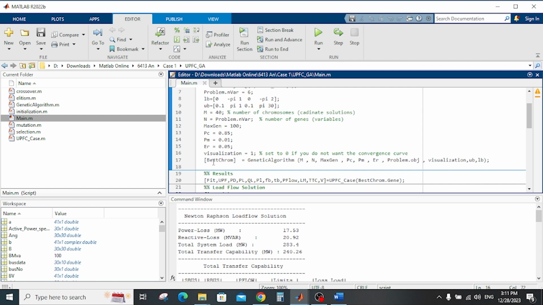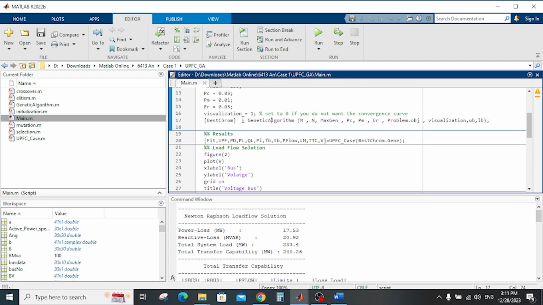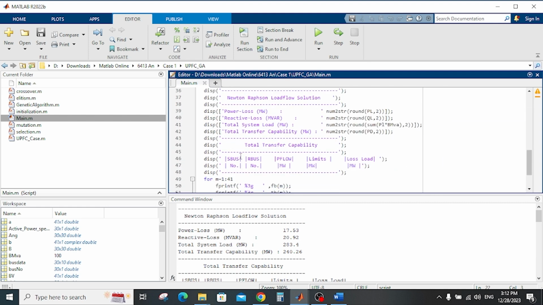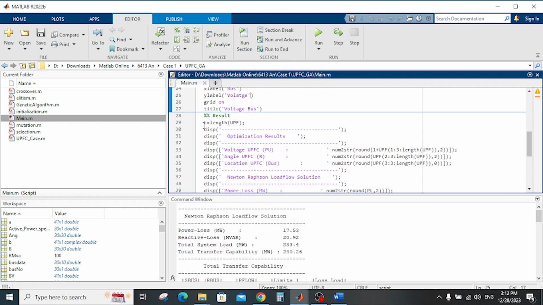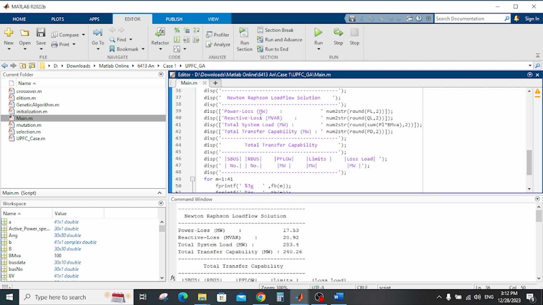After that, we start with the genetic algorithm, and then we get the best optimization variable values, and we apply them on the objective function, and we get some results that we print. After that we get the voltage at each bus and plot it in a graph, and then we display the results like the voltage of the UPFC, the angle of the UPFC, and also the location of the UPFC,